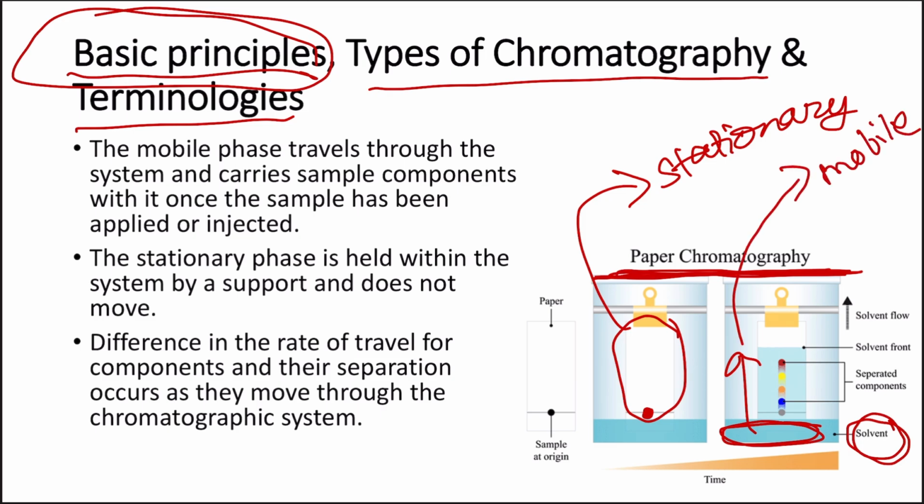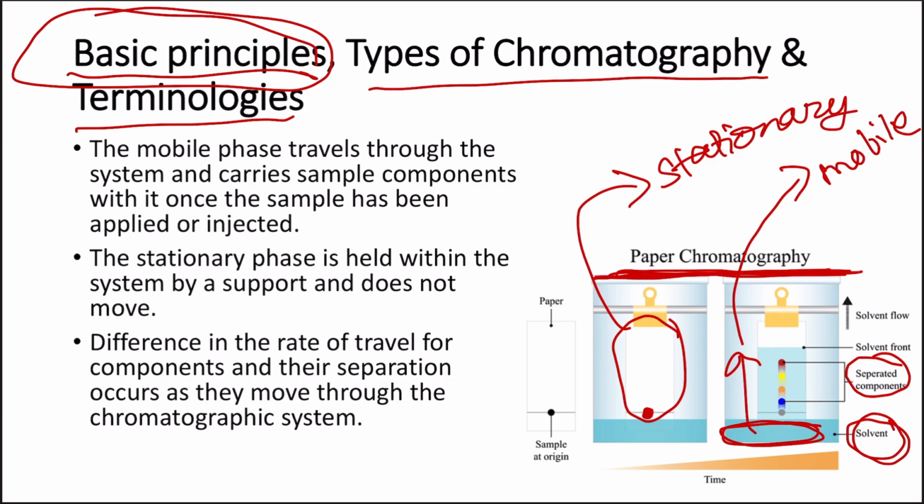Okay, it is moving throughout the process of chromatography, and this movement of the mobile phase is going to carry the different components to different heights in the paper. As you can see, the paper here is the stationary phase. And here you can see the separated components, indicated by different dots, that is red, yellow, orange, blue, and the area where the